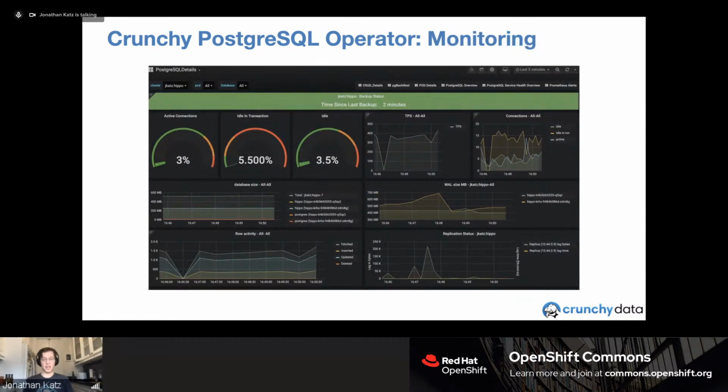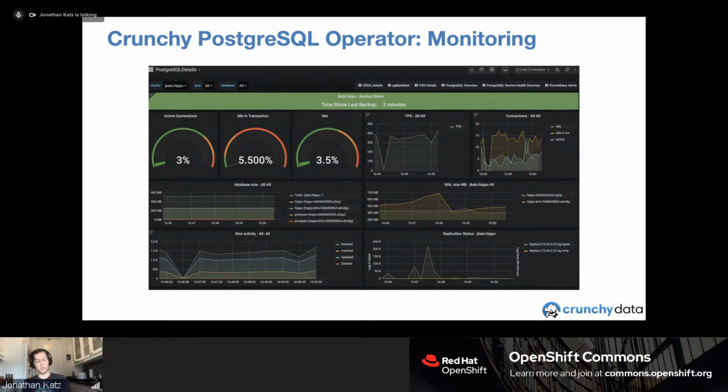This is a feature that I'm previewing for the upcoming operator release that's coming out towards the end of the month, which is our integration with PG Monitor. What PG Monitor provides is a series of Grafana dashboards that can be read in from a Prometheus database, and it basically shows you your overall health of your database. It tracks a variety of things, and going into that is a full talk in itself. But it's essentially a curated list of the key metrics you need to keep an eye on to try to anticipate issues with your system, or that will give you the overall health of your system.